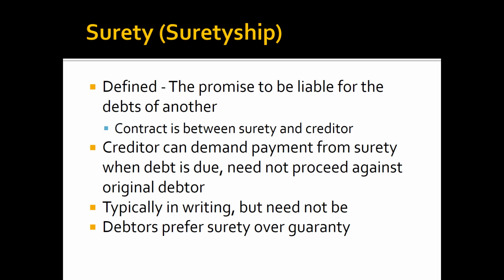So what would a surety be like? Well, let's suppose my son goes to buy a car, and they say, well, you know, your son's not as good a risk as you are, Mr. Chapman, so you sign as a surety. I say, well, you know, I trust my son Ben, I'll sign, so I sign. And let's suppose Ben doesn't make the car payments. At that point, the dealership, ABC Motors, doesn't have to go after Ben. If there's a suretyship, they can go after me.